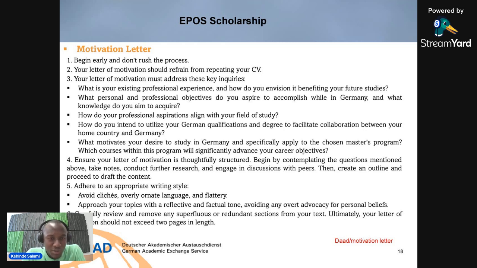You must also be able to illustrate your short-term and long-term goals. These are very, very important. You must be able to illustrate your short-term and long-term goals. And you must be categorical in stating that you want to acquire this knowledge so that you can implement